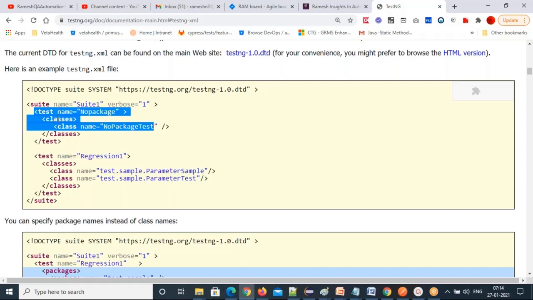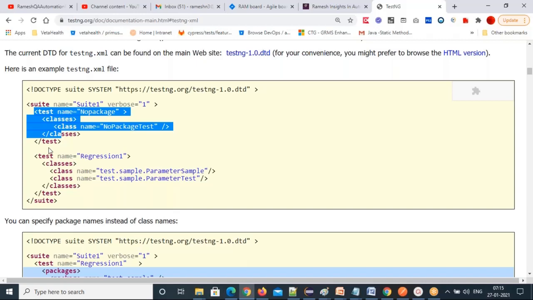Then once the before test code is executed, it will come inside the test tag. The classes' test methods will execute one by one. If class 1 is there, that class 1, then one more class, that class. All classes will finish. But before entering into this test tag, first before test code will execute.